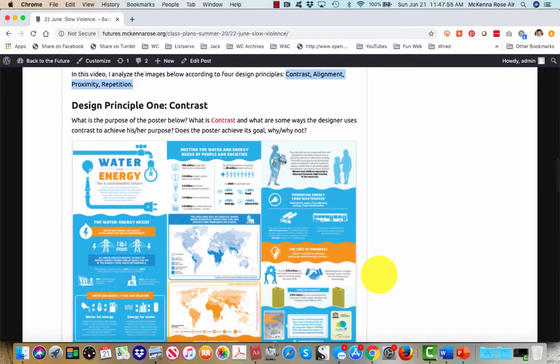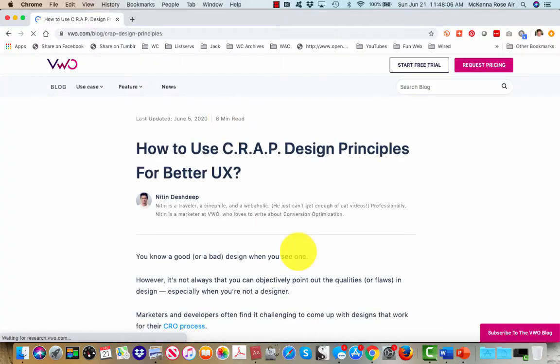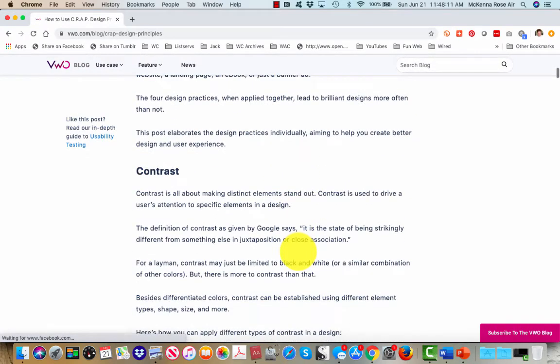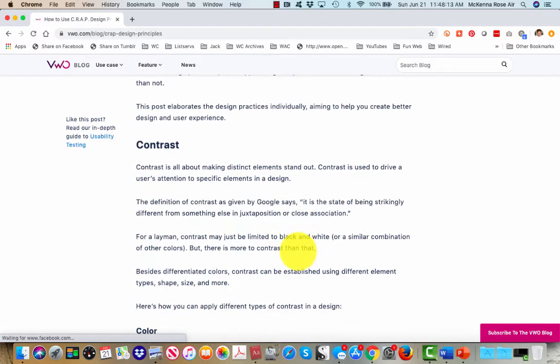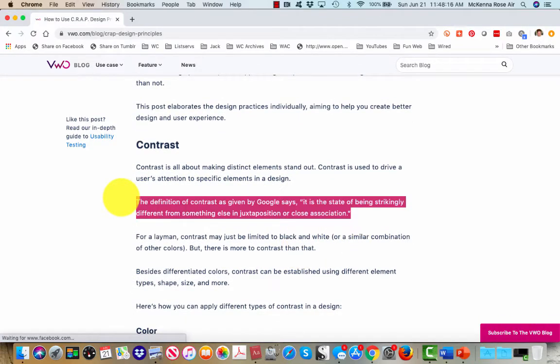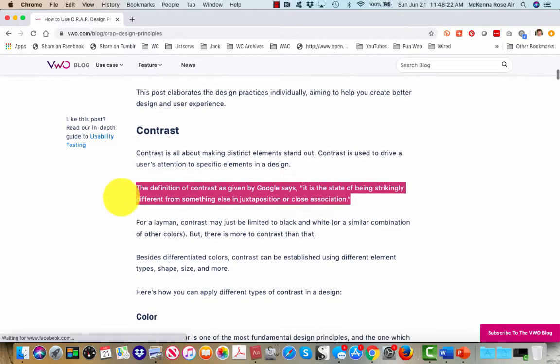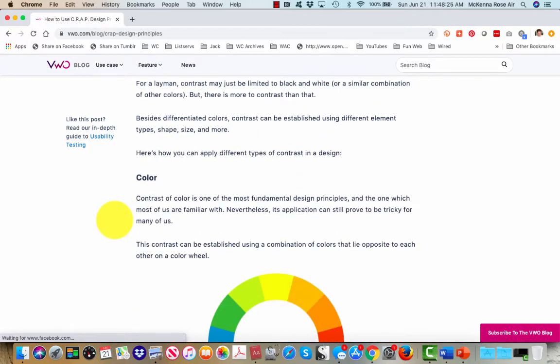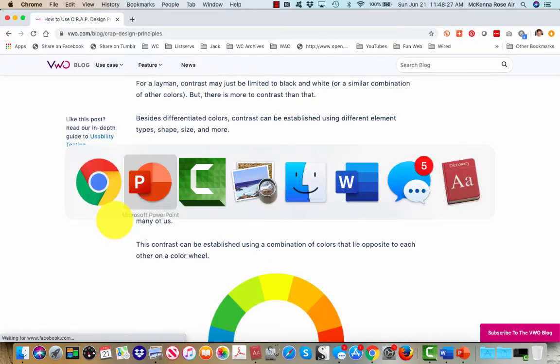All right, so starting with contrast, both in your woven textbook, but then also in the link that I've provided, both here and on the calendar page, will take you to this overview of key design concepts. So, a quick definition of contrast is the state of being strikingly different from something else in juxtaposition or close association. So, when we think about contrast in this poster,